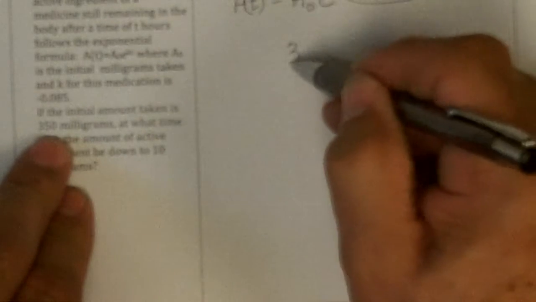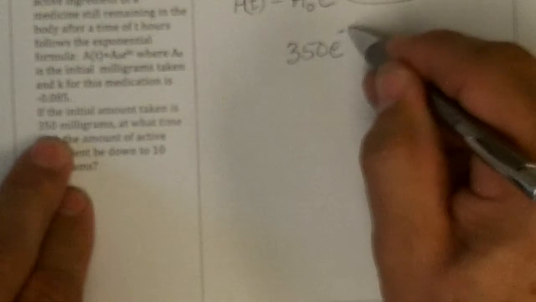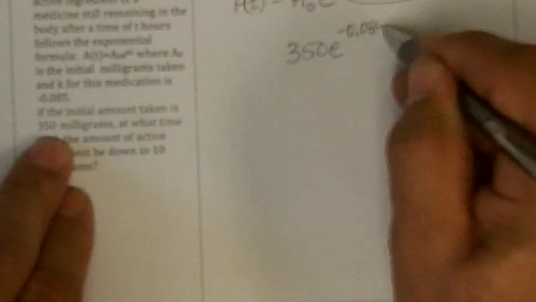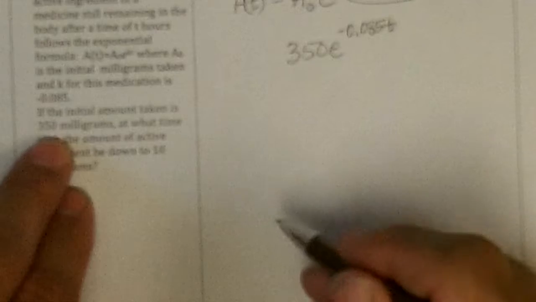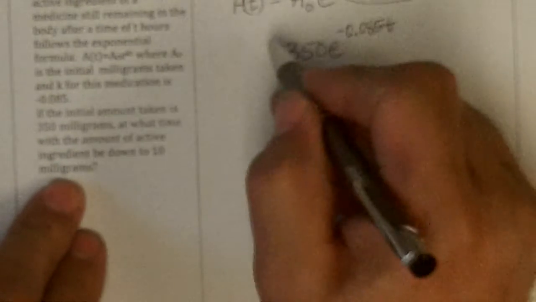If the initial amount taken is 350, e to the negative 0.085 t, at what time will the amount of the active ingredient be down to 10